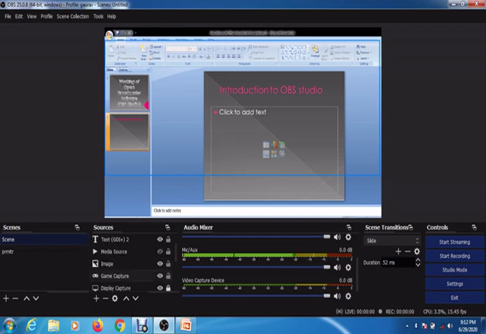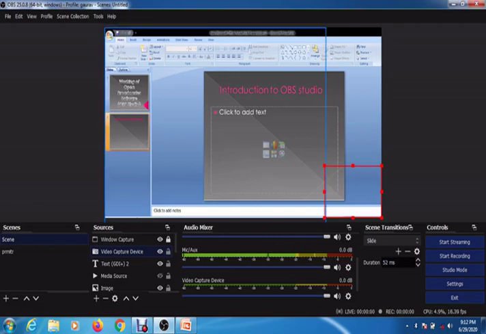If I want to add a video capture source once again, it is being captured. Whenever you add any source, whatever windows were present earlier will go behind it. It does not mean you will not be recorded in this presentation.